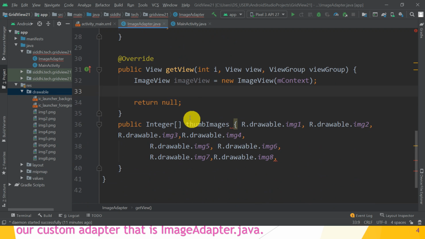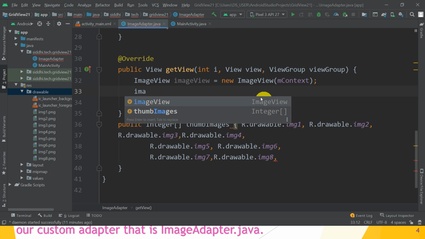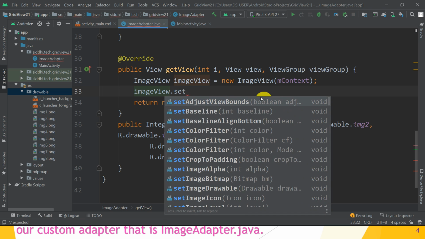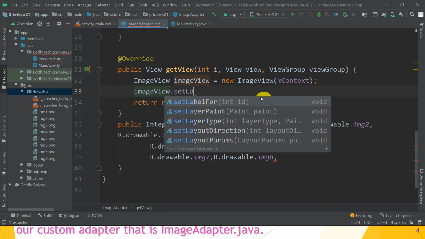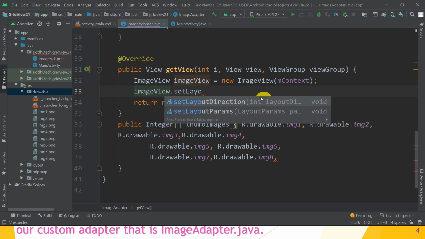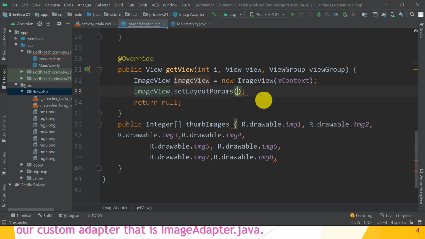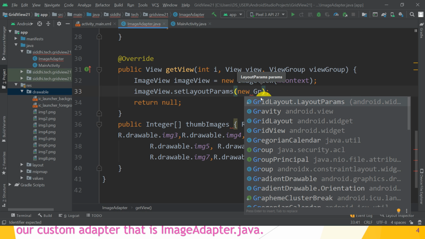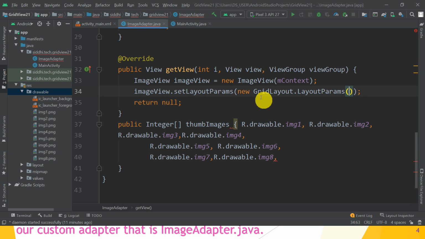Great. After that imageView.setLayoutParams method, pass new GridView.LayoutParams, not GridLayout, GridView. Great, and pass the attributes that is 200 and 200.